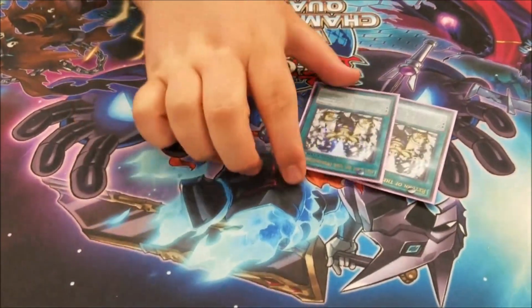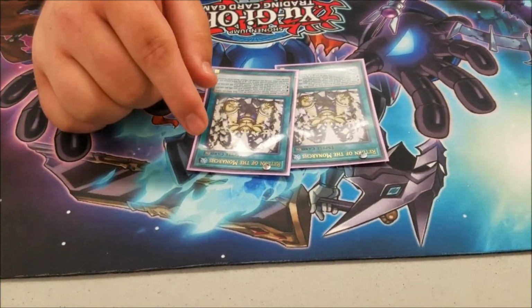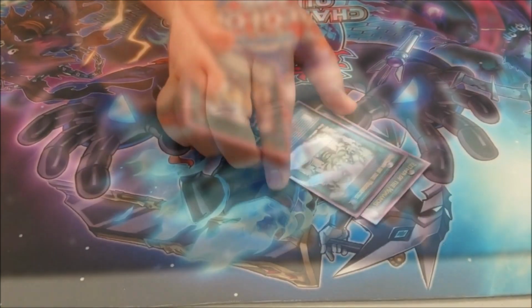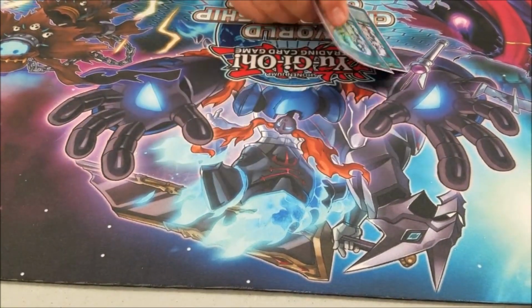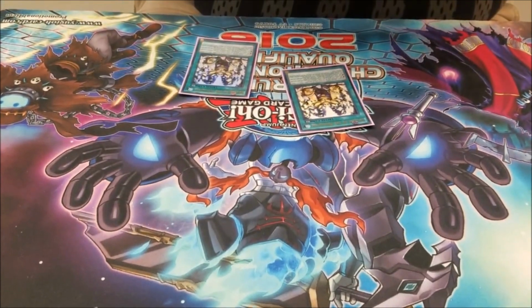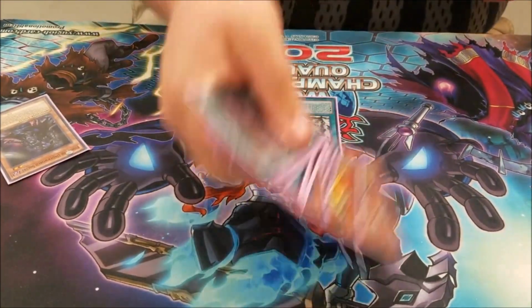I play 2. Return of the Monarch. Return of the Monarch is a continuous spell that lets you search when a Monarch is tribute summoned. You search your deck for a Monarch and add it to your hand. Basically, the main play is to summon Eidos, activate Return, tribute for Karaz,